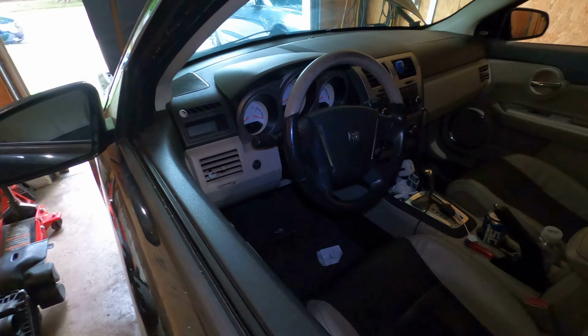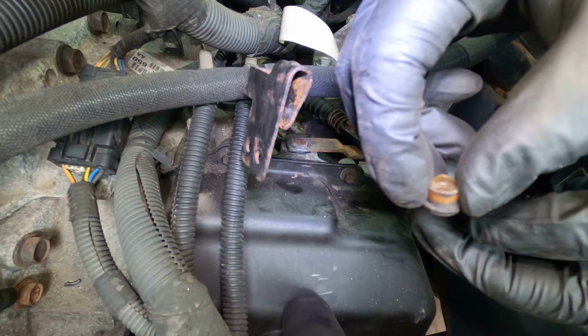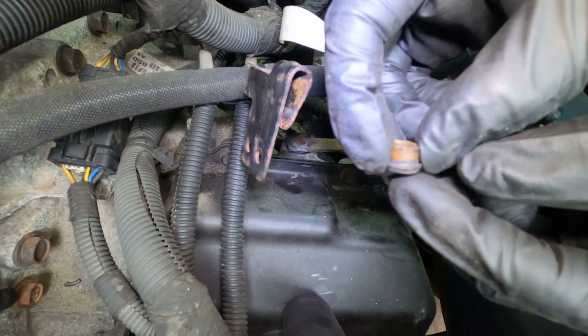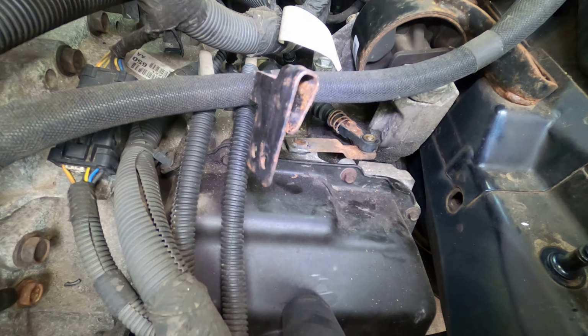Okay, so actually I did some digging and actually found the rest of it. So here's the old one. This kit that I bought comes with 4. It says it's for Dodge. It says it fits this vehicle, but it doesn't. So I'll have to do some more research. But yeah, the flat part will go down. It was in there like this, and it was on there like that. And here's the top plastic piece that connects right there to the top that holds it all together. So anyways, now I gotta find the right combination that will fit the cable